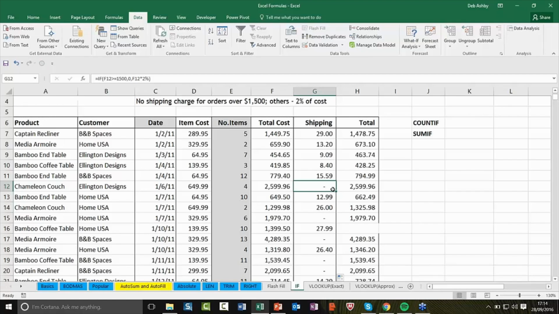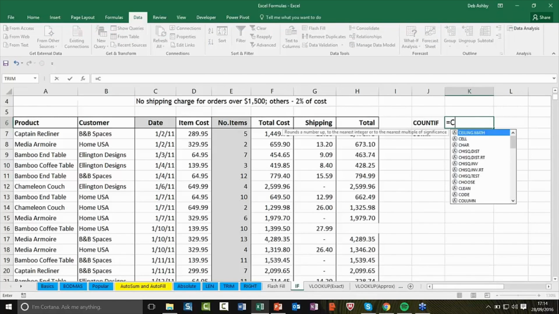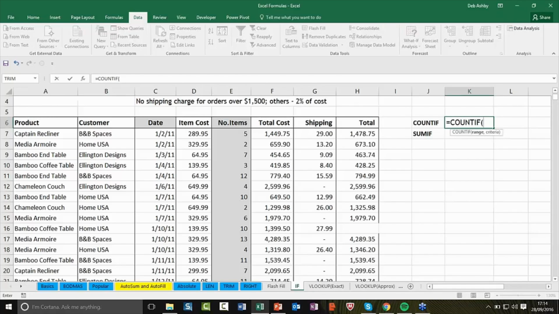Wonderful. Now, before we move away from ifs, there's just a couple of others which are also very popular if statements that people tend to use, and that is COUNTIF and SUMIF. And again, I like to say these out loud before I do them just because it helps me. So I'm just going to type in equals COUNTIF, and what we're basically doing with this formula when we open the brackets is saying